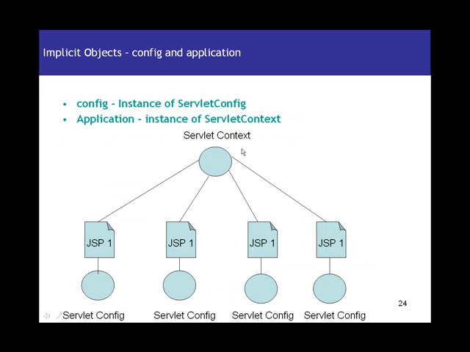So now we have config and application, right? Config is nothing but an instance of ServletConfig, and application is nothing but an instance of ServletContext. We know that when something needs to be shared across the same JSP page, you use the config object, and when you have something that has to be shared across the whole application, you use the context object, right? So similarly you can use the config and application